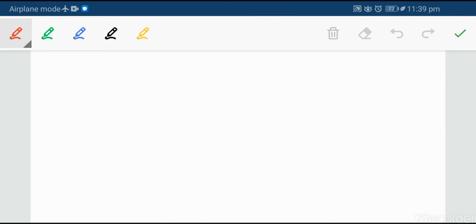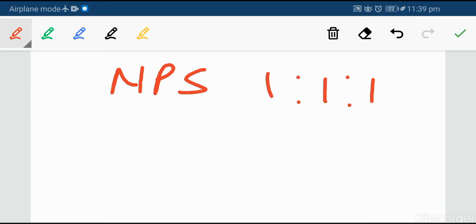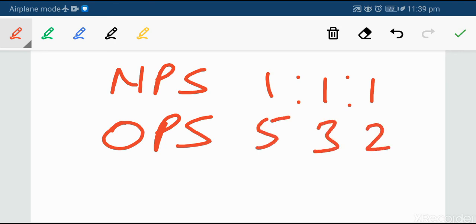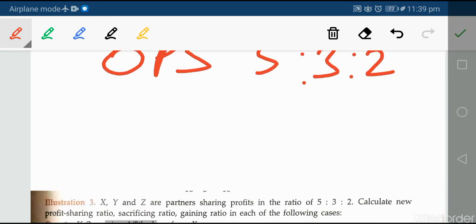The PDF is available. I am simply showing you how to solve it. Okay, the PDF is there, the solution part is there. You can find each and every calculation that is given. Okay, so the new profit sharing ratio is 1 is to 1 is to 1, and the old profit sharing ratio is 5 is to 3 is to 2. So what will be their